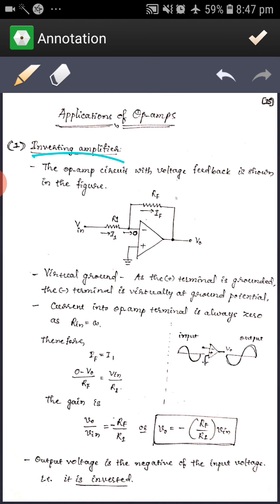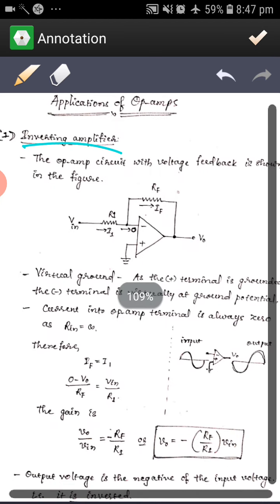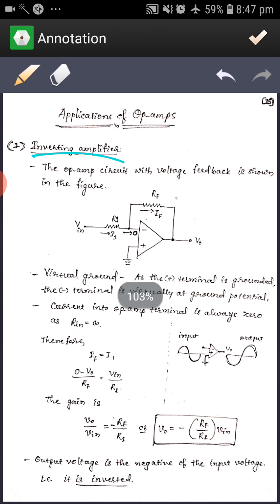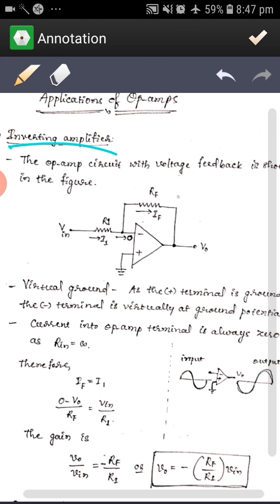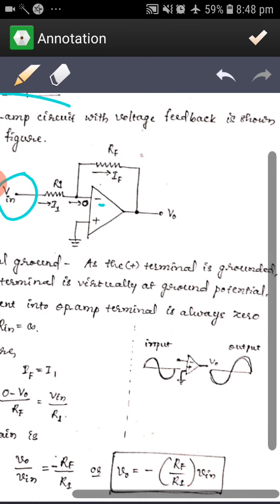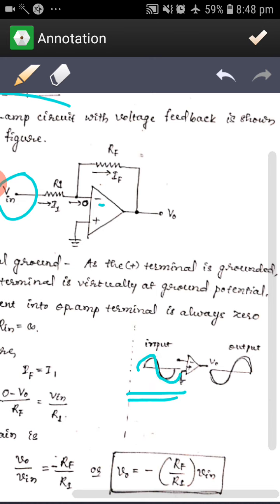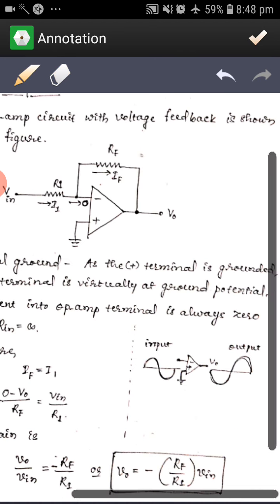The amplifier basically works in two modes: inverting mode and non-inverting mode. In the inverting mode, we need to concentrate here. The input will be given to the negative terminal, which we call inverting. Why inverting? If we apply an analog signal like this, the output will be out of phase, meaning there is a phase shift of 180 degrees. Because of that we call it the inverting amplifier.